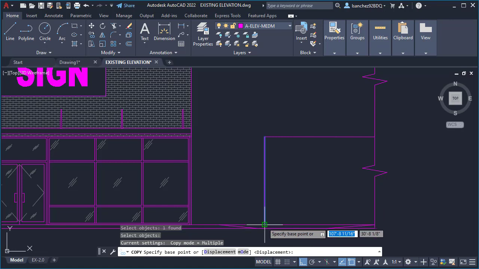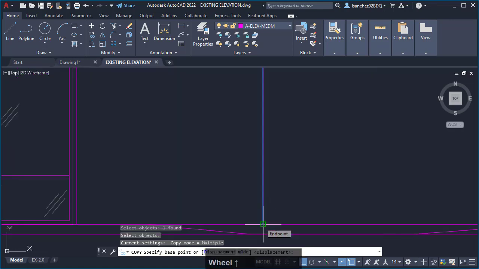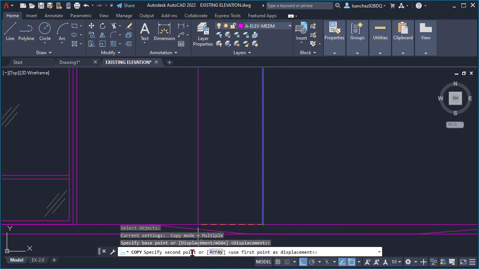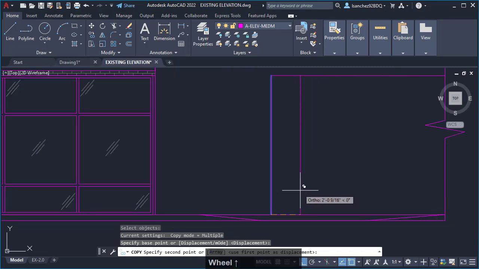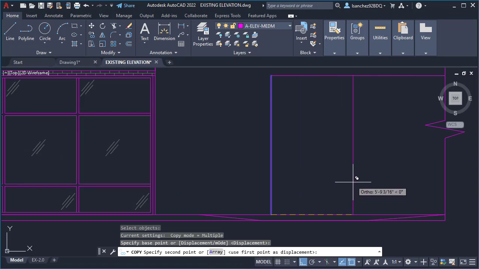So I'm gonna pick here, click, and then it says specify second point. So depending on whether I move it to the left or to the right, it will create a copy of my line. So I'm gonna move it to the right, and I want to pick